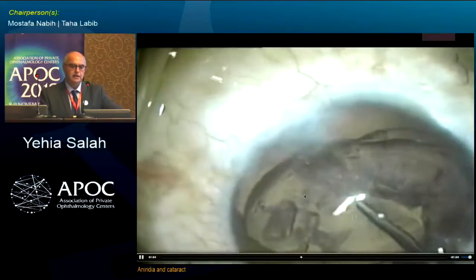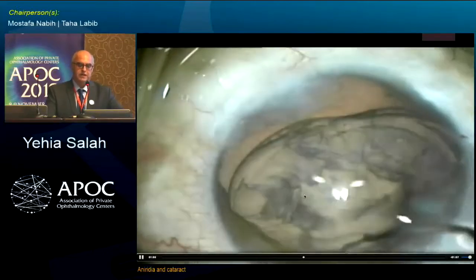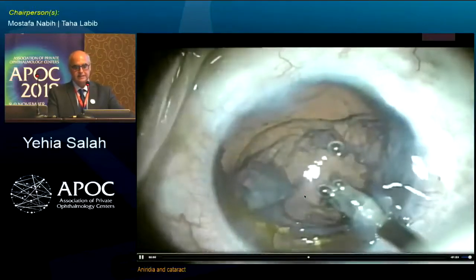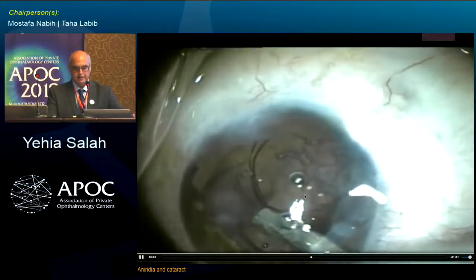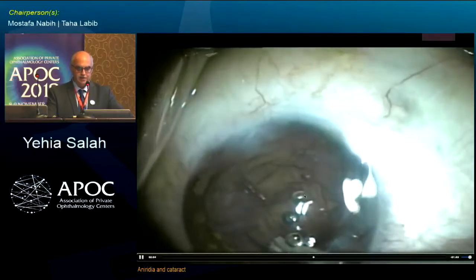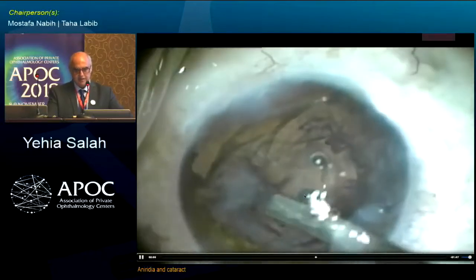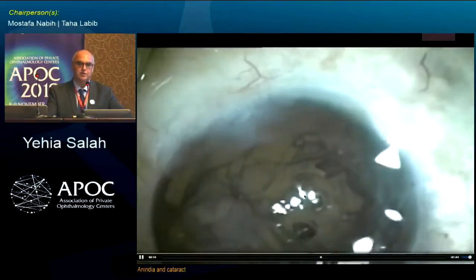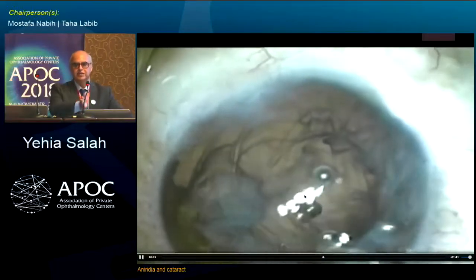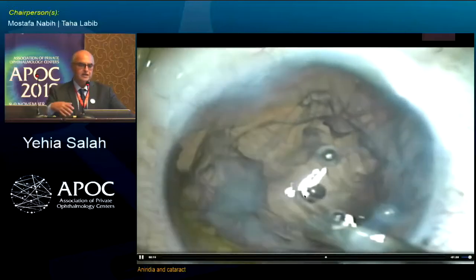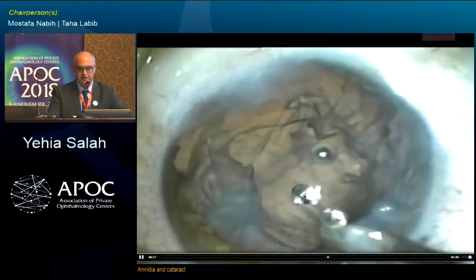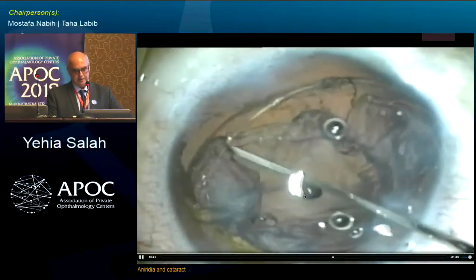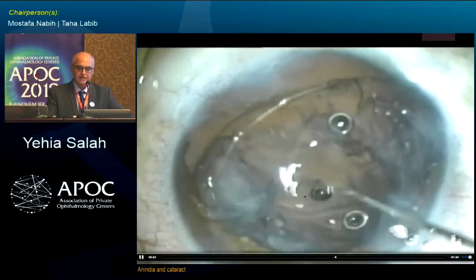And then loosening of the cortex because I intend to implant a capsule tension ring. This is an injectable, the one put with an injector, which is really nice and handy. You're injecting, making sure that you enter into the capsular bag and making sure your plane of rotation is within the iris plane so as not to have the other end of the ring outside of the bag. You can help it to center the lens